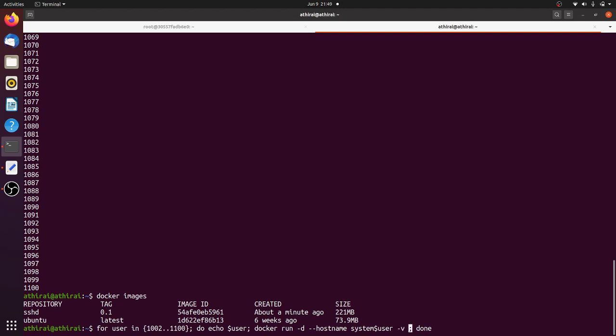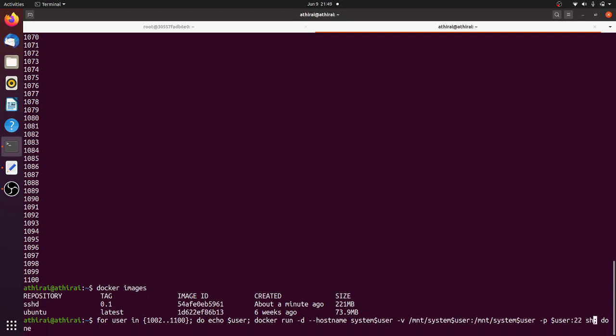Then I want to map the volume /mnt/system$user to /mnt/system$user. The host name is given, and then the volume followed by the port number. I will give $user as the port number colon 22. Finally, the docker image sshd:0.1.